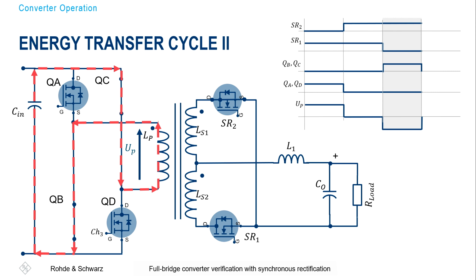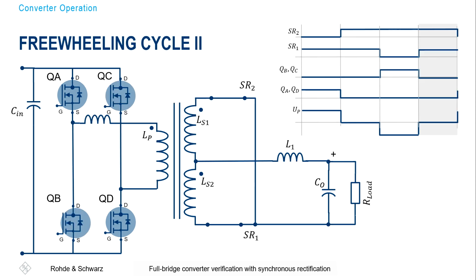So we have again a current flowing on the secondary side, caused by the secondary winding, the top one this time. And we are accumulating again energy in this power inductor and pushing the current into the load. And during this time, we have also the synchronous rectifier switched on to reduce the conduction losses. So pretty simple, it's just the opposite direction compared to the cycle 1. And then finally, we have another freewheeling cycle